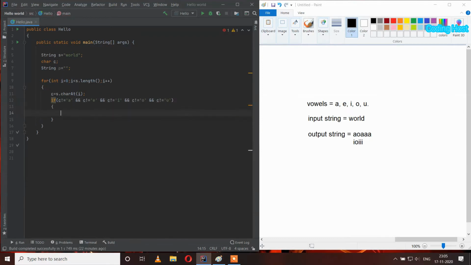So in this I will write c equal to a, because I am replacing that character with a vowel.